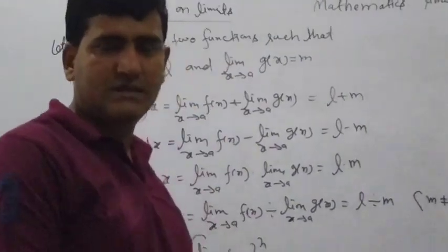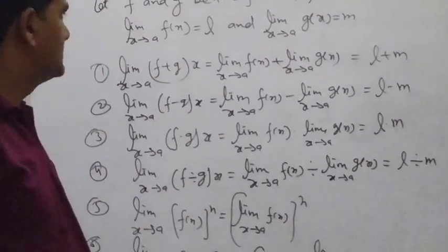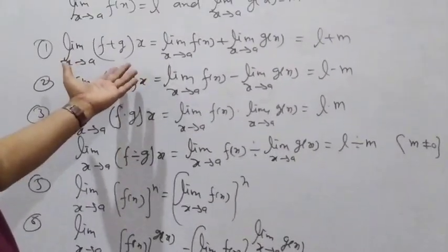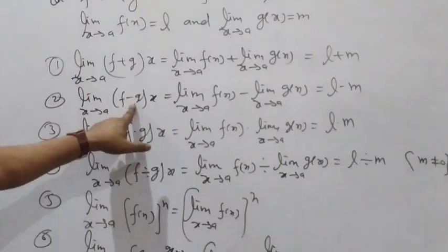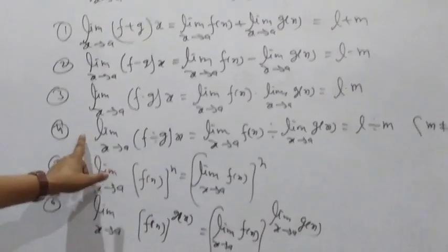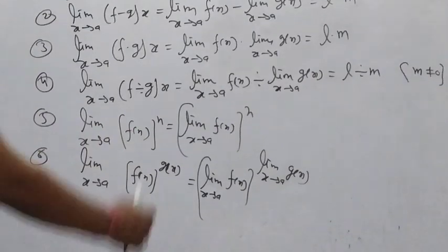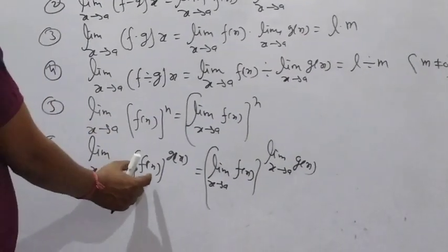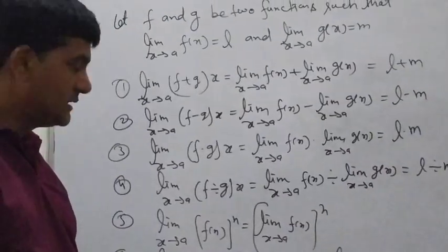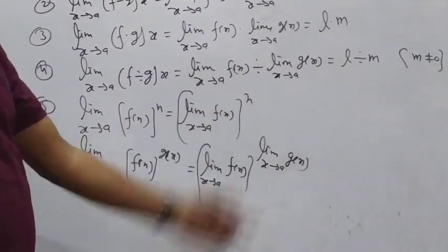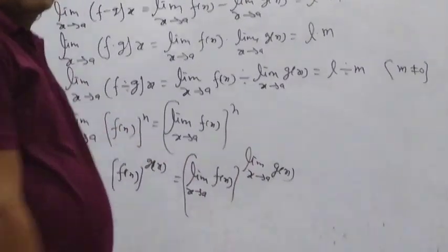A few other theorems are also there, but they are not important for you. When required, at that time I will tell you about the remaining theorems. You can note down, write down, and you have to learn these theorems. First one for addition, second for subtraction, third for multiplication, fourth for division, meaning the quotient rule, fifth for the power form where n is a positive integer, sixth is if base and power both are variable. In this case, we can put the limit of base and power separately. Clear? Like this: limit x tends to a f(x) whole power limit x tends to a g(x).